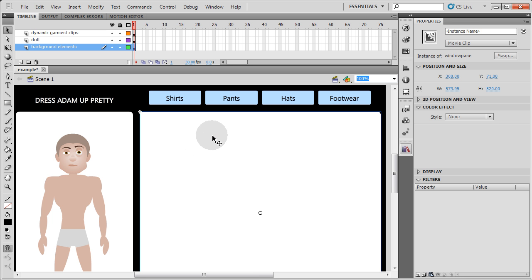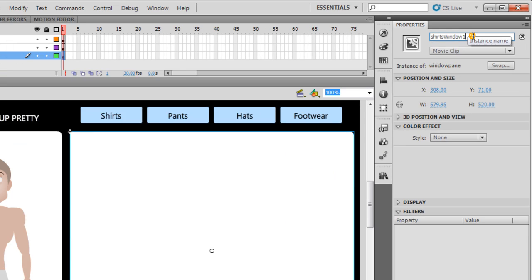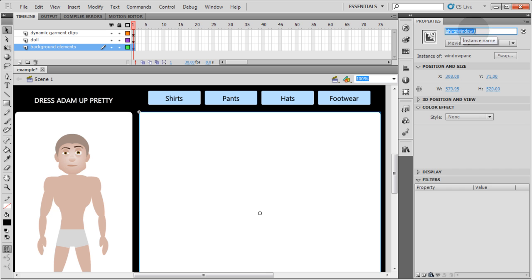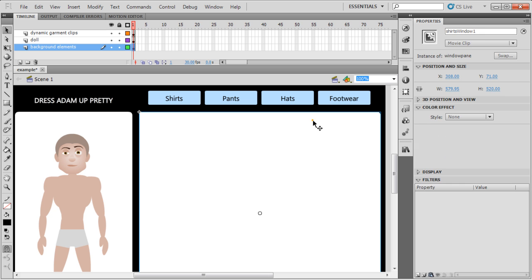And since this one is going to hold my shirts in it, I'm going to give it an instance name of shirts window 1. And when I make the next one for the pants, it's going to be pants window 1, and so on and so forth. Now let's double click inside of this new shirts window 1 movie clip that we just created,